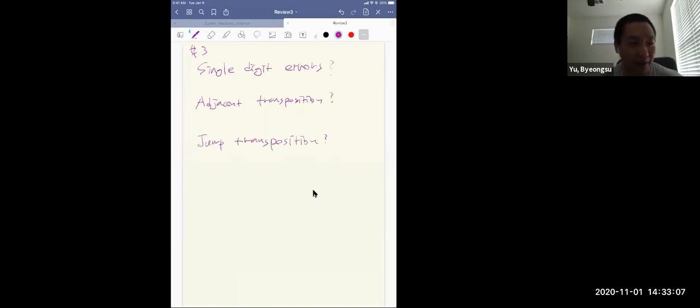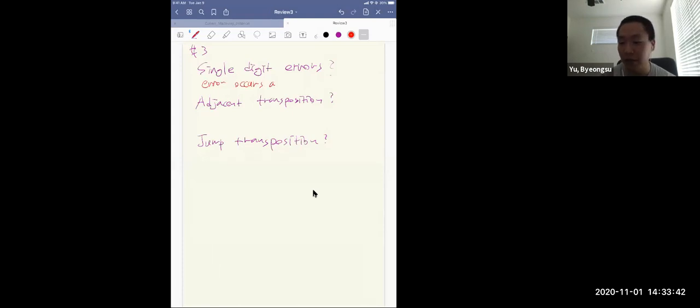So yeah, the reason I put it in the review is that in the actual exam, I will give you some program matching the definition and each word. So you don't need to memorize all the definitions, but if you just read it and figure out which is connected to which word, then you are fine. So in the case of single digit errors, is that just each error